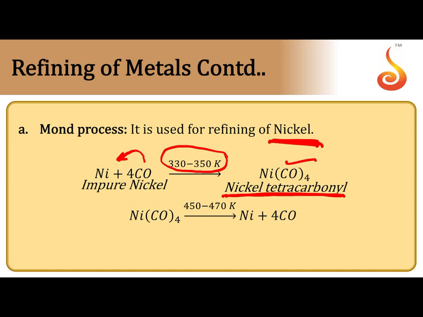After the formation of nickel tetracarbonyl, the vapors are separated, passed into another chamber and then heated to a very high temperature. At this high temperature the complex cannot exist. At around 350 K, carbon monoxide combines with nickel forming nickel tetracarbonyl, but at very high temperature nickel tetracarbonyl decomposes to give nickel metal, and carbon monoxide escapes. So, like this we can purify nickel. Other impurity metals won't combine with carbon monoxide; they remain in the form of solid metals.